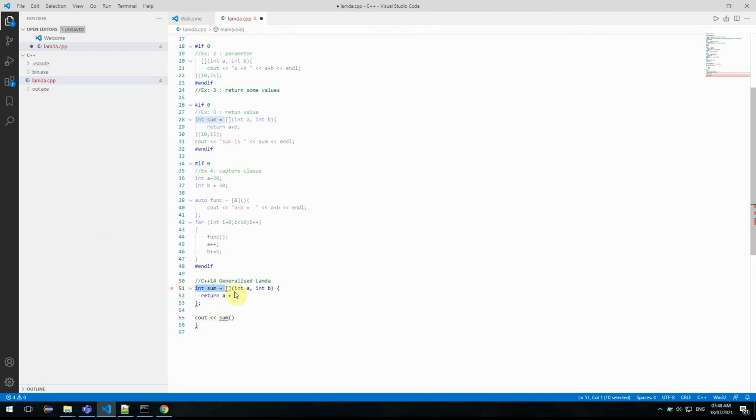I'm not assigning this to sum, I just assign it to auto here. So let me consider this. Now if I call this with integer values, say 1 and 6,